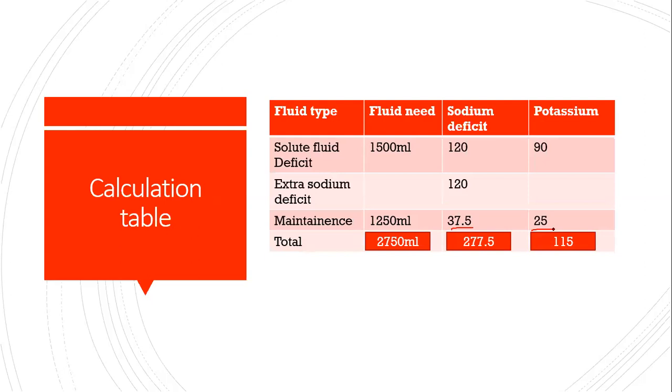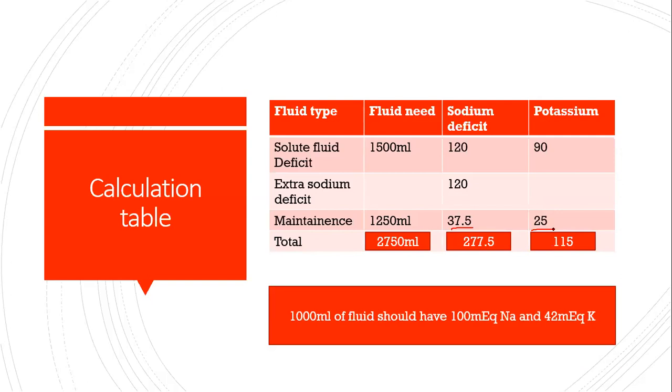All right. How long do you need to give this? Since the difference is only 10, your aim will be to correct the sodium not more than 10 to 12 milliequivalents per 24 hours. This child's sodium is only 120 and you are planning to correct it only to 130. So you should be fine to give this overall fluid in a 24-hour period. But what fluid will you choose? For that, you need to know what content should be there in 1000 ml. So if 2750 has 277 of sodium and 115 of potassium, 1000 ml of fluid will have 100 milliequivalents of sodium and 42 milliequivalents of potassium.